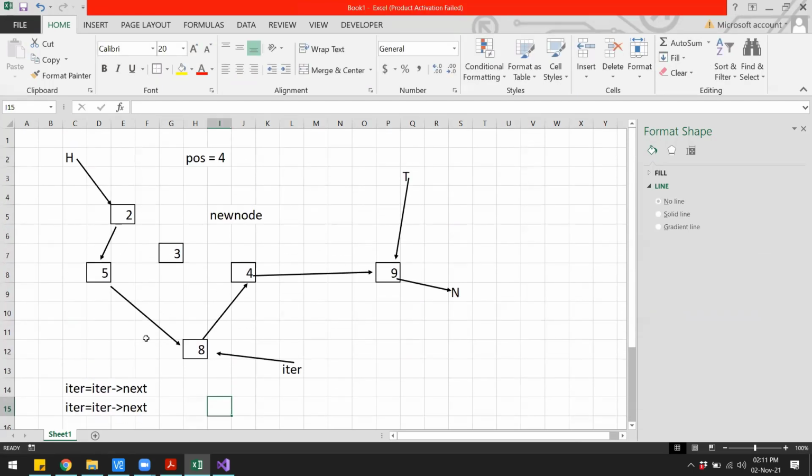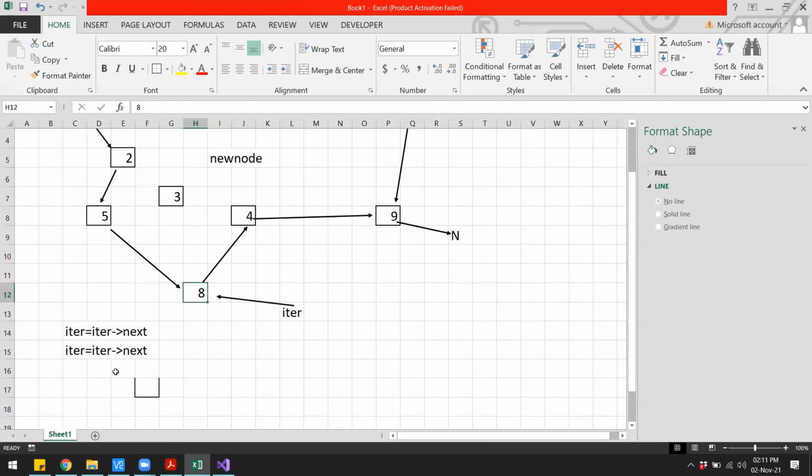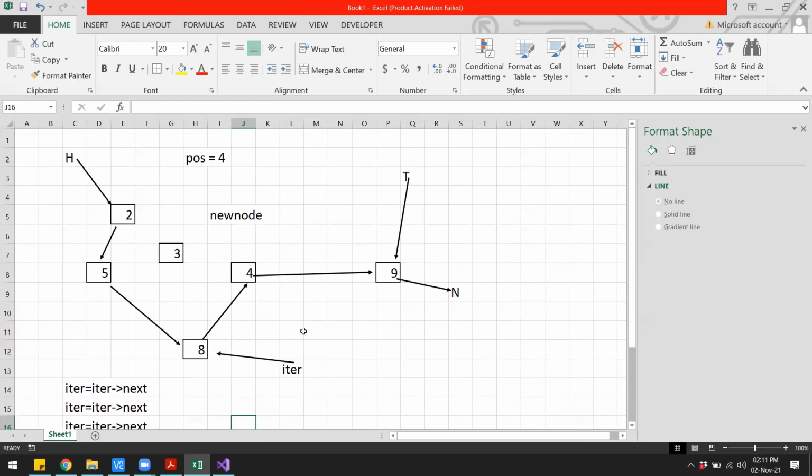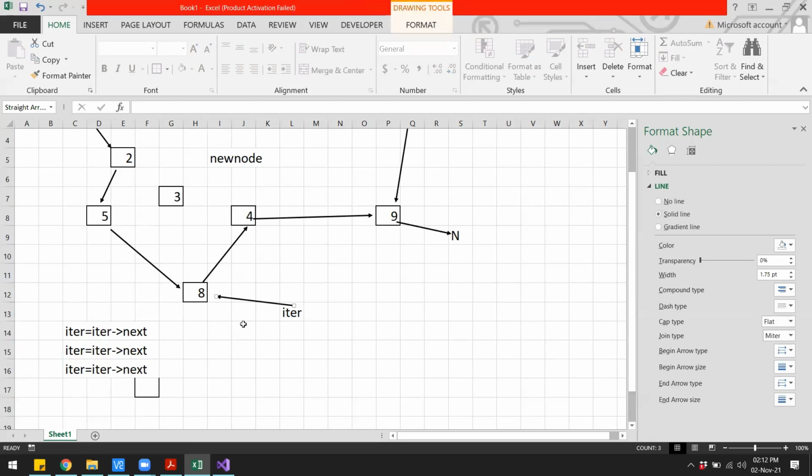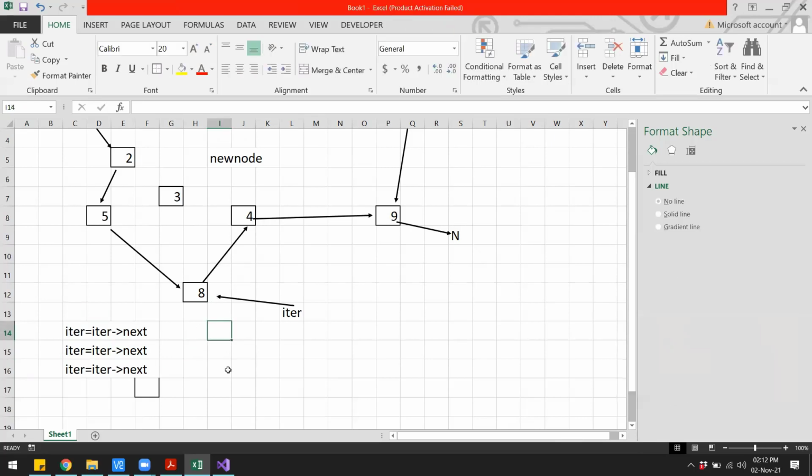In here, since we wanted to shift 1 to 3 times, we have written this over here 2 times, right? If I want to shift 4 times, then I will have to write it 3 times. So in the general case, if I want to go to some node, let's say at position n, then I will have to do this n minus 1 times. So I can just wrap this inside a function or a for loop that will shift the location of this iter pointer as many times as we want.